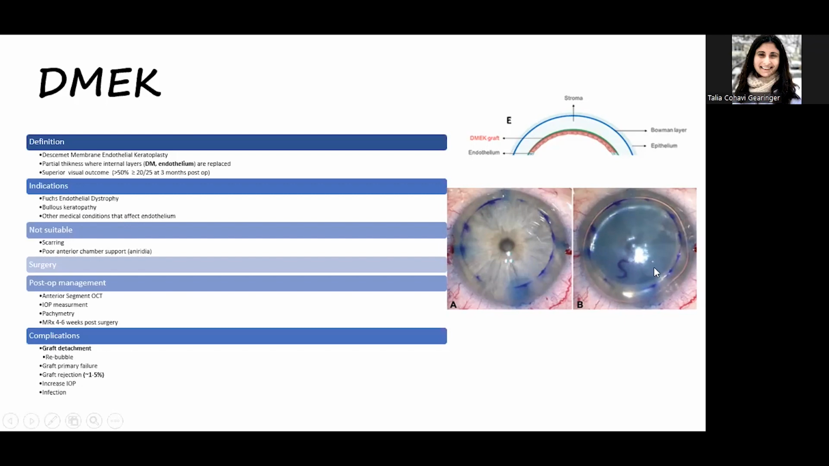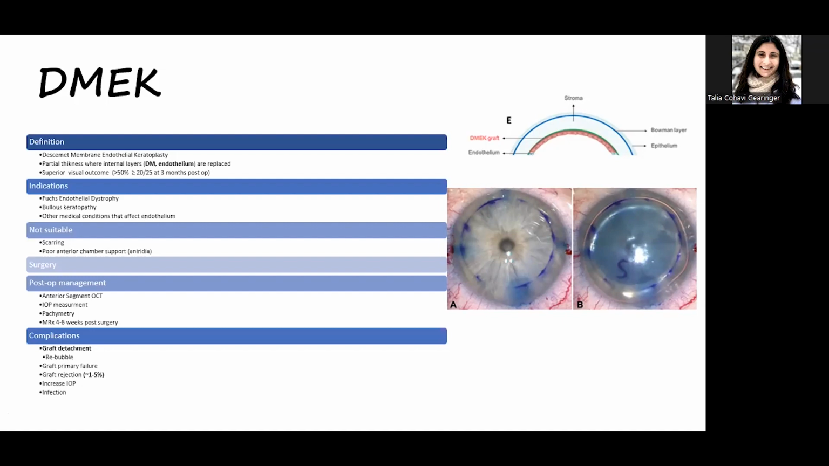So this blue circle here is the transplant. It's blue because during the surgery, we place trypan blue, which is like a stain for us to be able to see the transplant and know if it's in the exact location and the exact orientation. So that's a way for us to guide ourselves during the surgery, but you won't see it blue the next